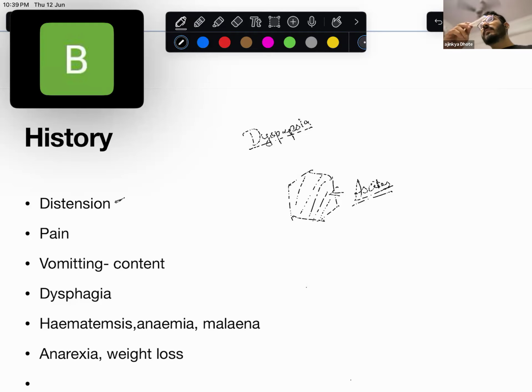So there are bouts of vomiting usually one to two hours after every meal. Sometimes if it's severe, it's even immediately after a meal. But this is the most common, most significant history that you get in a patient of gastric outlet obstruction. Another patient where you can get a similar history is,